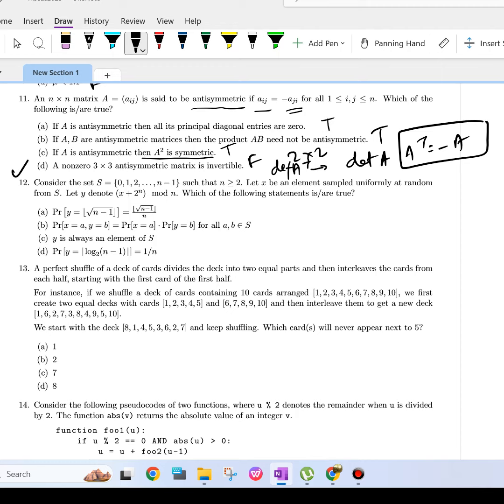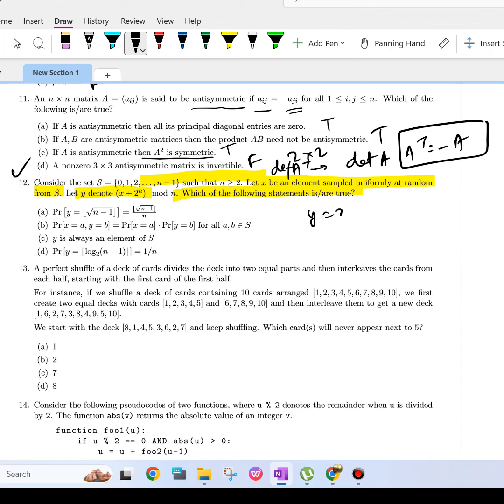हेलो स्टूडेंट्स, आज 12 नंबर क्वेश्चन कर रहे हैं CMI डेटा साइंस 2023 के पेपर का। तो यहाँ पर मैं 0 to n such that n element is uniformly a random sample of s, y denote x plus 2 to the power n, which of the following is or are true। तो चारों वैल्यू दिया हुआ है, फटाफट कर लेते हैं। सो फर्स्ट ऑफ ऑल a and d, सिंस x is uniformly random variable अगर दिया हुआ एलिमेंट ऑफ s,